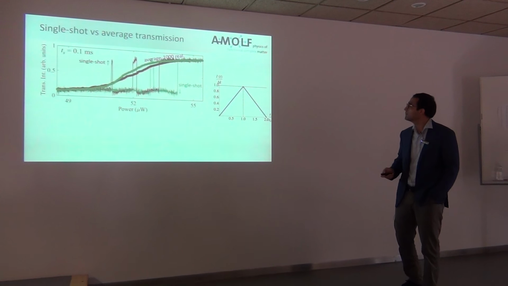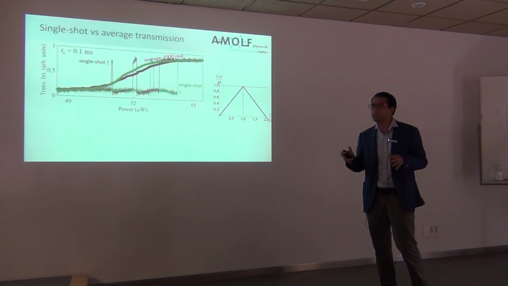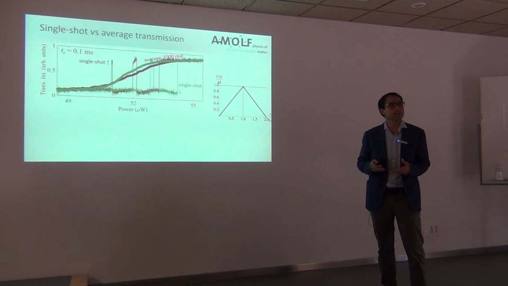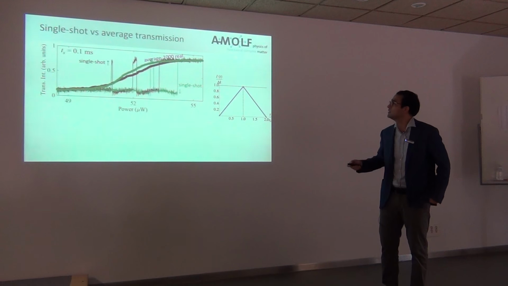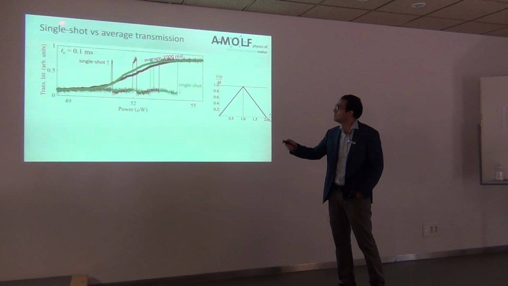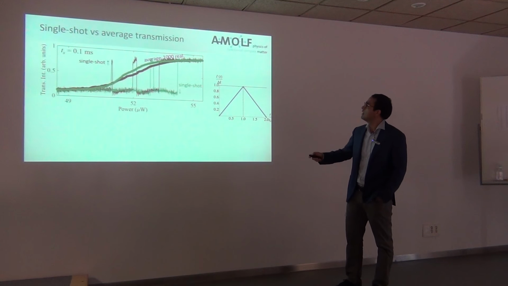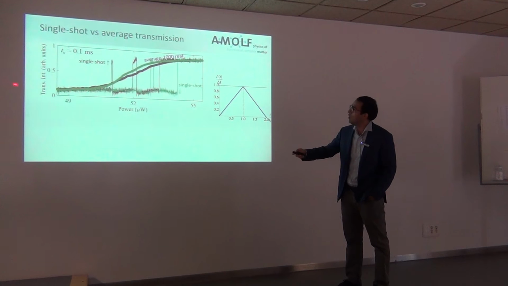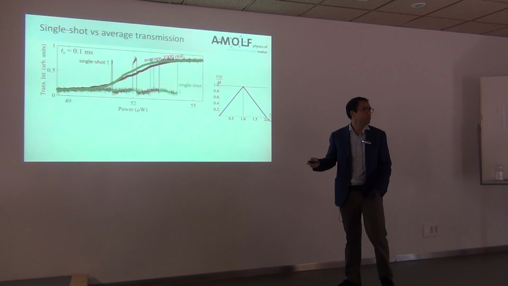laser. So I want to show you measurements of single-shot hysteresis versus average quantities. So the thin lines in this plot are single shots. I show you transmitted intensity versus power. In this case, when I go up in power, is the black curve. It's coming here. It makes a quick excursion, comes back. There is another jump. It comes back. And there is another jump, and it stays here. When I come back, it's an entirely different way. Yeah, now there is only just one jump.